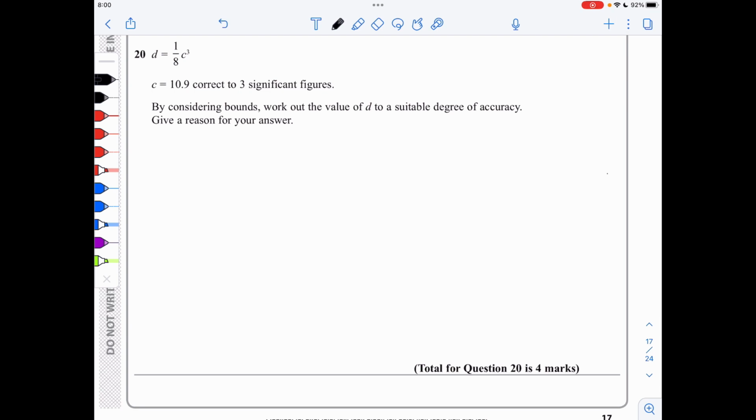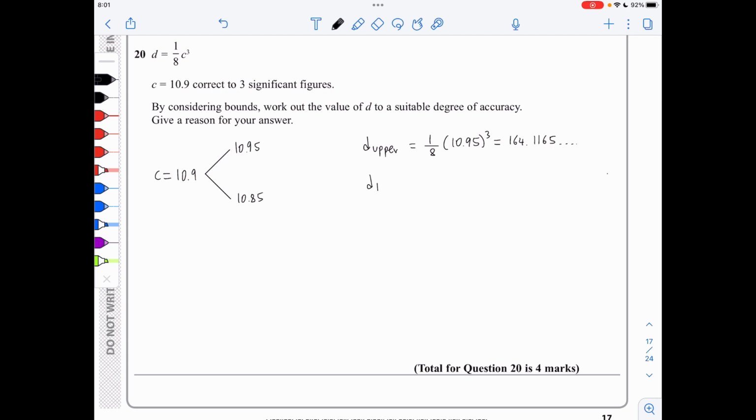In 20, we are told this formula here, d is an eighth of c cubed, and c has been given as 10.9 to 3 significant figures. By considering bounds, we need to work out the value of d to a suitable degree of accuracy. So I start by considering c was 10.9 to 3 significant figures. So it could be anything from 10.85 up to 10.95. So I could find the upper bound for d, which will be 1 over 8 times 10.95 to the power of 3. This works out to be